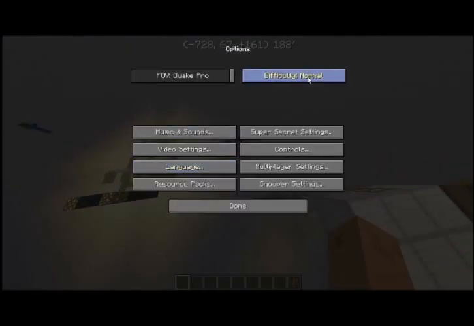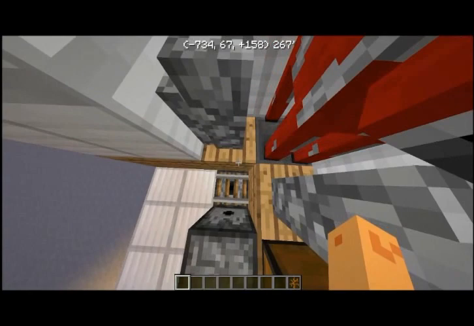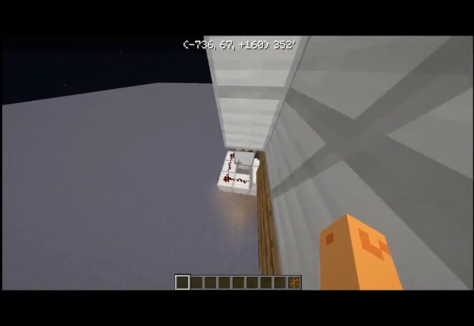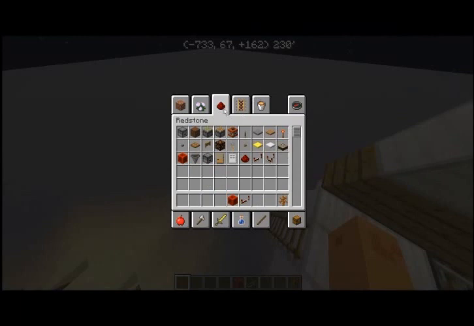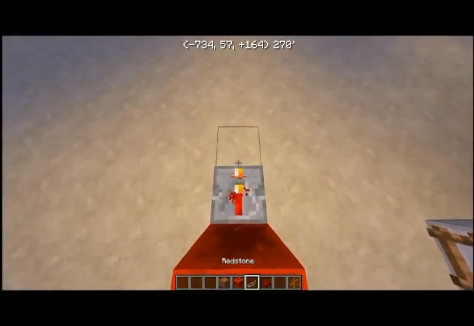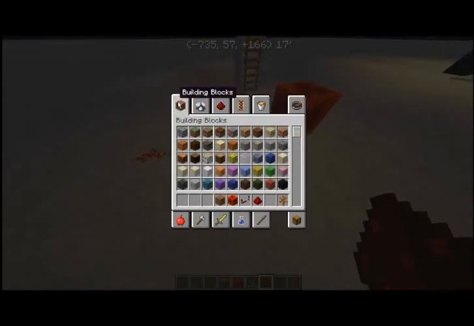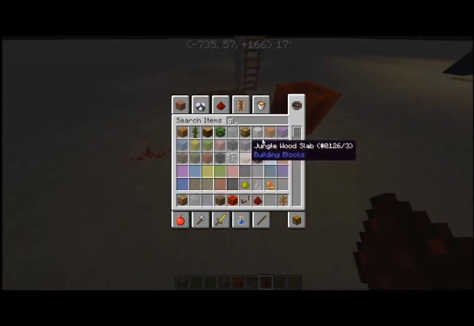Why is this on easy? Oh yeah, okay, so you have to make sure these aren't blocks that redstone repeaters and redstone dust could pass through. Let me show you what I mean by that. So you can't make it so that if you have a block over here, it'll emit this redstone. Blocks like glowstone won't work, but things like glass or